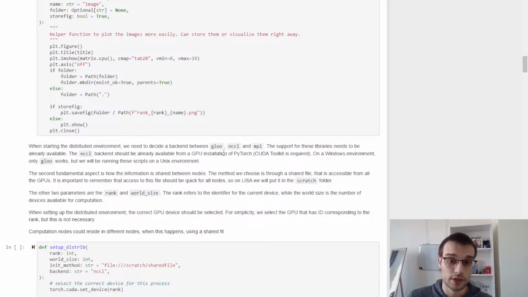We have several different backends to do distributed computing available from PyTorch. These are the Gloo, NCCL, and MPI backends. We will be using the NCCL backend as it is the one that works best and has the most functionalities in the NVIDIA GPU setting. But other things are available, and you can look into what is best for you depending on the current